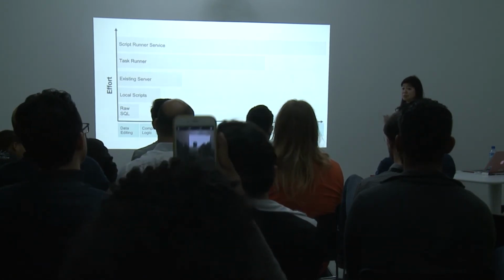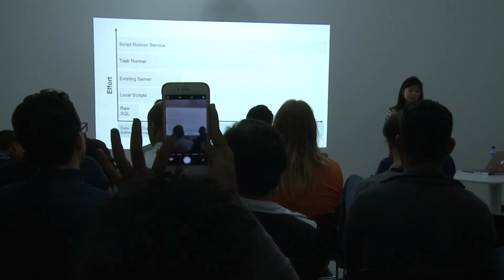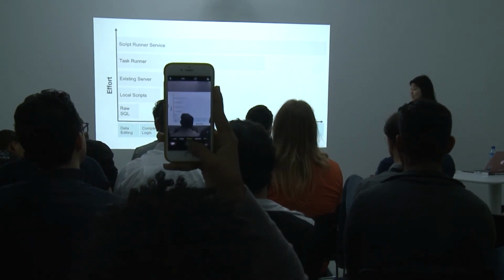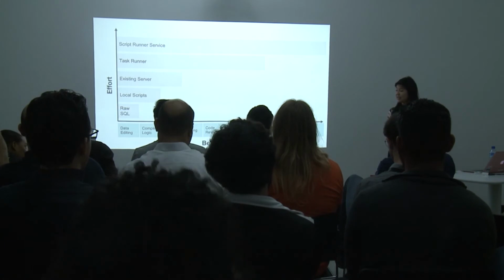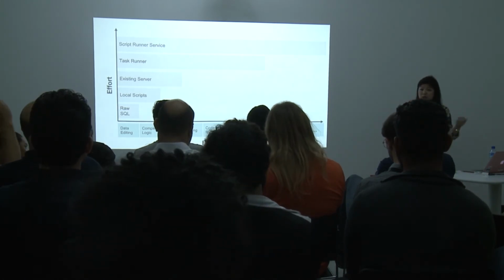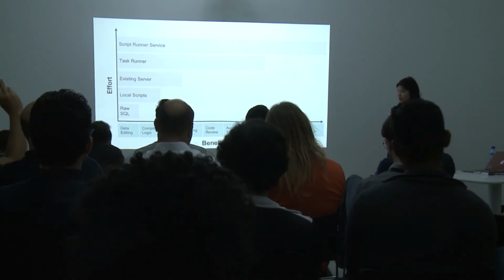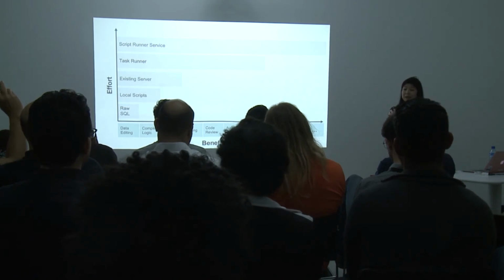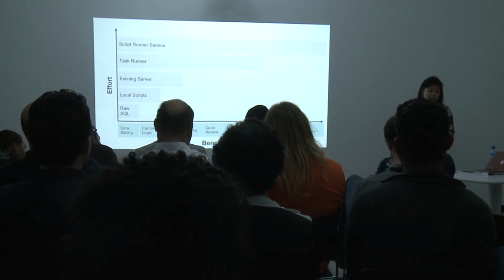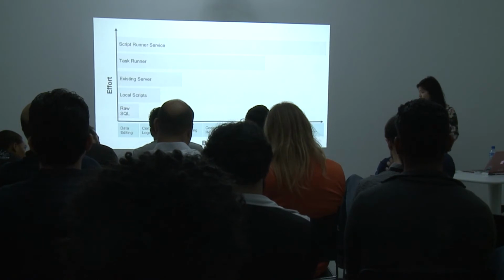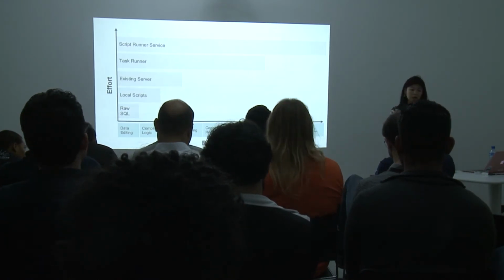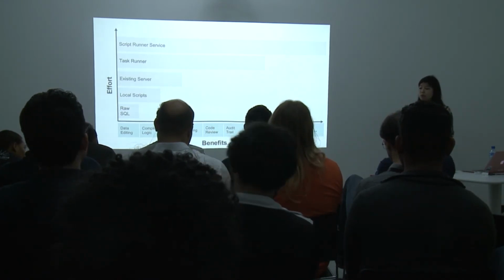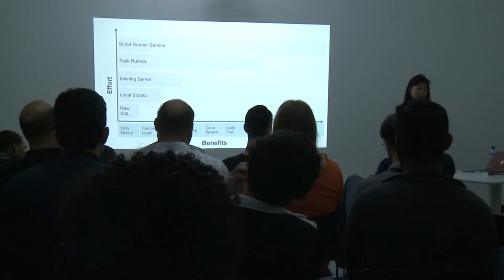So if your team is really small, speed might be the most important thing, and making a mistake once in a while might not be the worst. In which case, just having raw scripts and raw SQL and running scripts locally might actually be the best strategy for you. But for larger teams, benefits like code review, logging, testing, they're really important